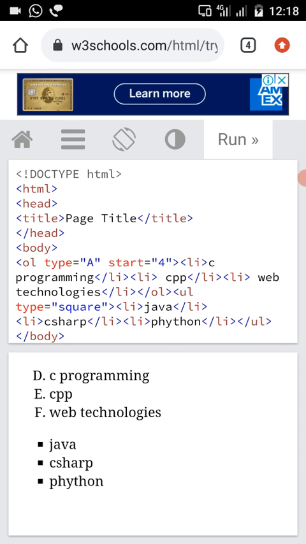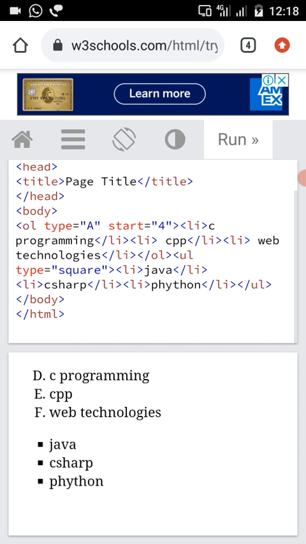So this is about the OL tag and the UL tag, and the third tag we have is the definition list tag. Here a definition list groups terms and definitions into a single list and requires three elements to complete the list. For starting a definition list we have to use the DL tag.